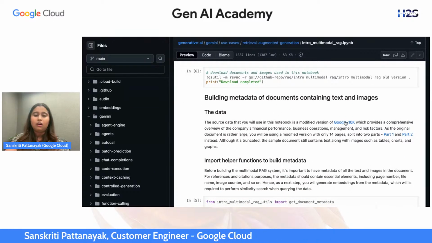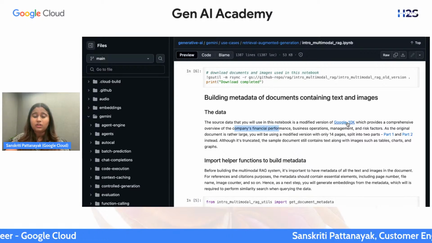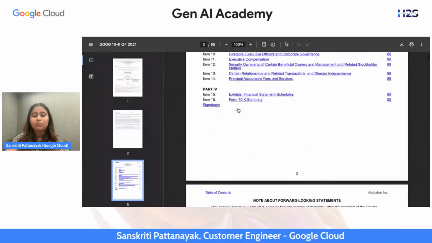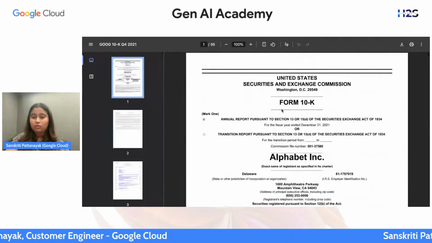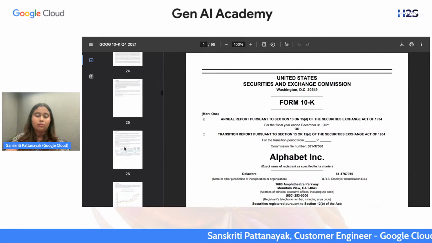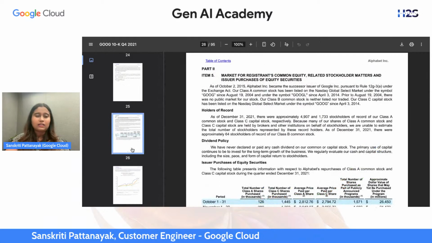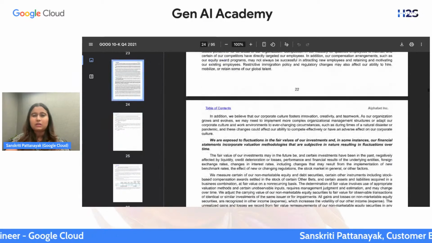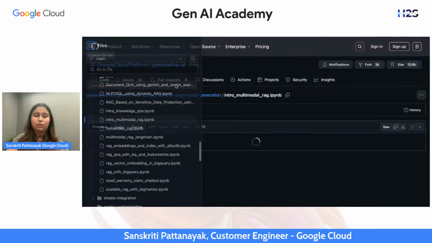So in this, it's again covering that use case which I spoke about, which is the company's financial performance. So in this lab, this is sort of the data, and this is a very small example, but the idea is that you're still going to understand, right? So what we are going to do is, we're going to create chunks out of this. It's a 100-page document, but it's very rich, right? It has charts, it has graphs, and it has a lot of data which is numerical, a lot of numbers. It's quite rich, right? So we're going to use this data to actually understand how do we work with multimodal